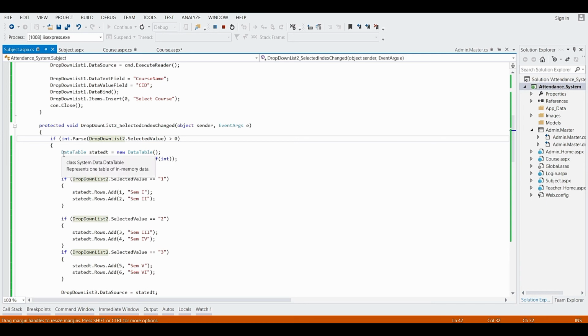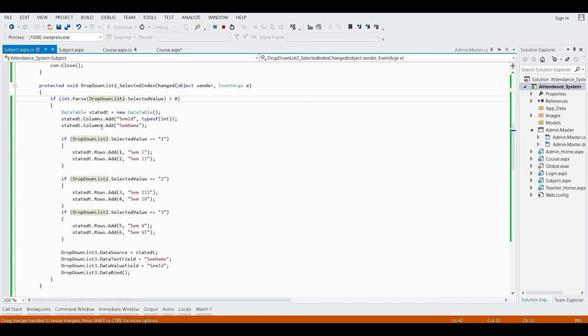First of all, I've taken one data table. Okay, data table class with a variable object name state dt. State here defines the state of data table, and the dt the data table. Okay, now inside this data table I am adding the columns. The object name of data table, state dt dot columns dot add. Now I am adding the columns with the add function.